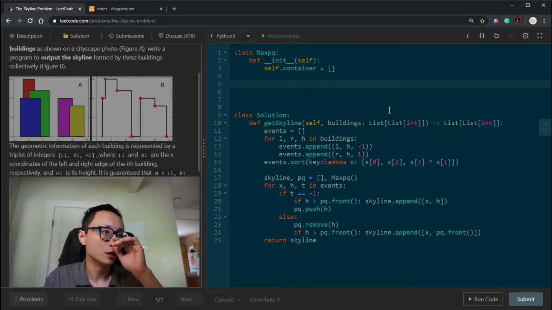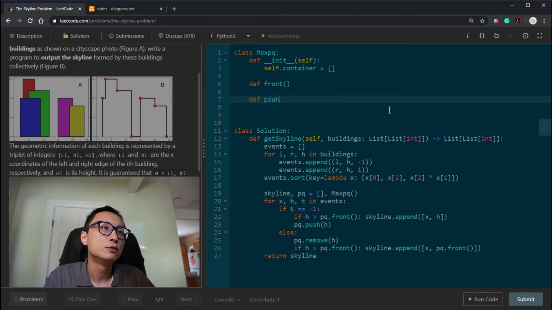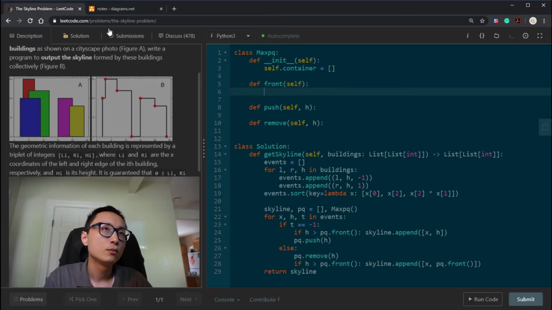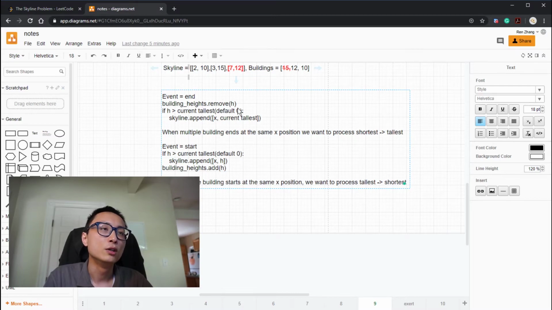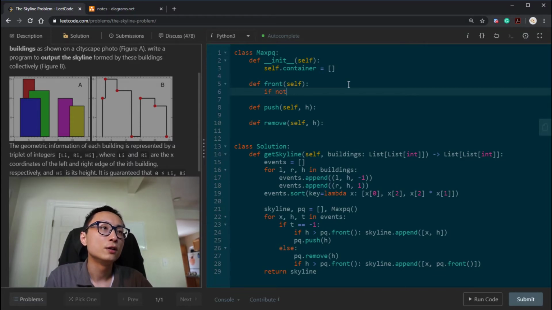We just have a list for the container, and we will need front, push and remove. For the front, we would need to output a default 0 if there are no active building. So if there is no active building, we have to update this skyline to be the ground level, meaning that's going to be 0. And also in the beginning, the skyline level is 0. So if not,